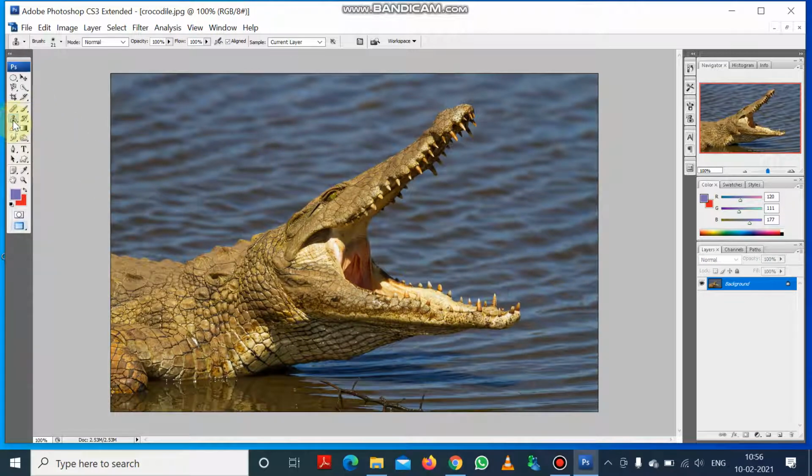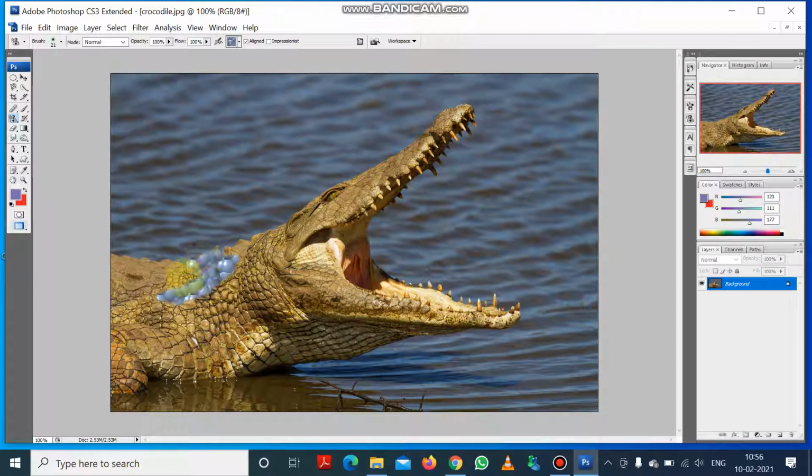Student, now I am showing you the pattern stamp tool. I am clicking on the pattern stamp tool. Okay, and here the patterns are given. Any pattern you can give. Suppose you want to give this pattern. Okay, now you just do one thing. You just move your mouse pointer over the particular part of the image.